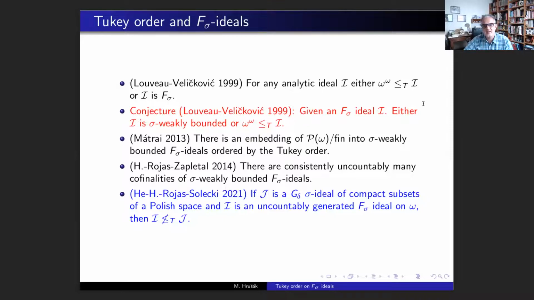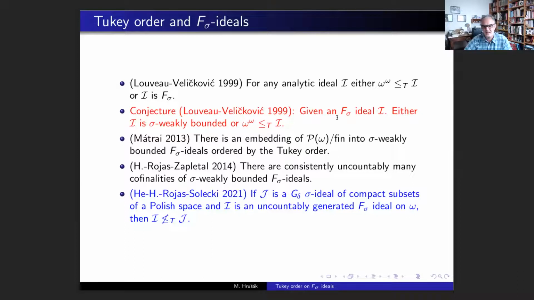And it is clear that if an ideal is sigma weakly bounded, meaning a union of countably many weakly bounded sets, then it cannot sit on top of omega to the omega. And they actually conjectured that this is equivalent, so that for an F sigma ideal, either you are on top of omega to the omega, or you are sigma weakly bounded. They actually proved the conjecture assuming the continuum hypothesis,